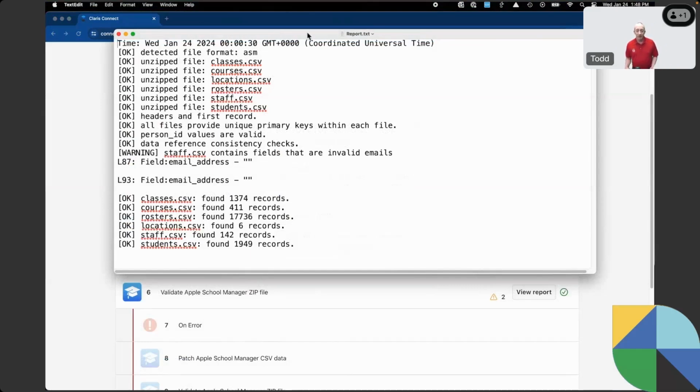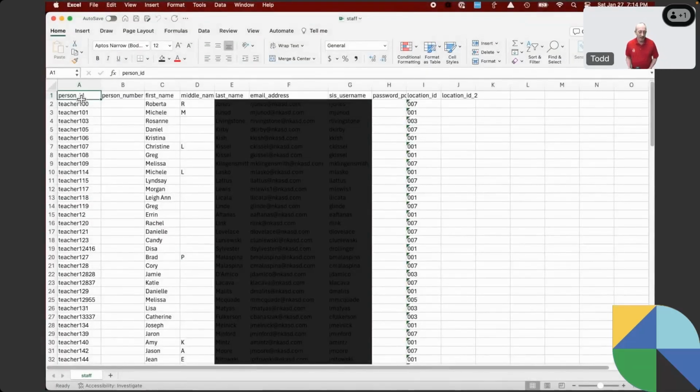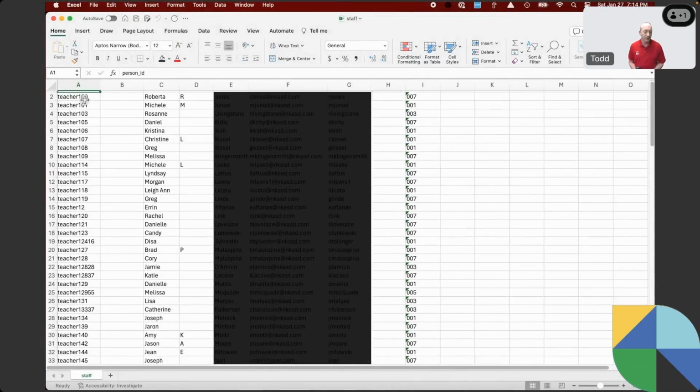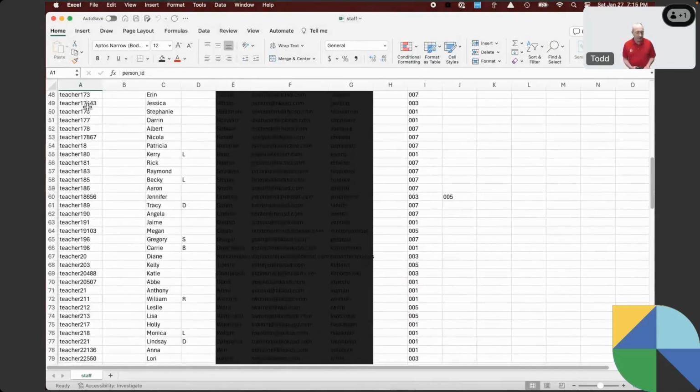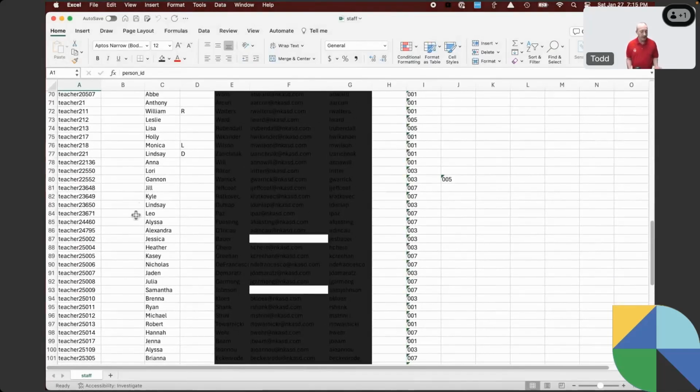So if we want to get into some more information, we can go ahead and open up that CSV. Now I've converted the CSV to an Excel file just to have all the columns line up and make it a little bit easier to see. But this would be the CSV. We can scroll down towards the bottom and get to those lines that were referenced in the error report. And as we get down here, you'll see that in lines 87 and 93, we definitely have